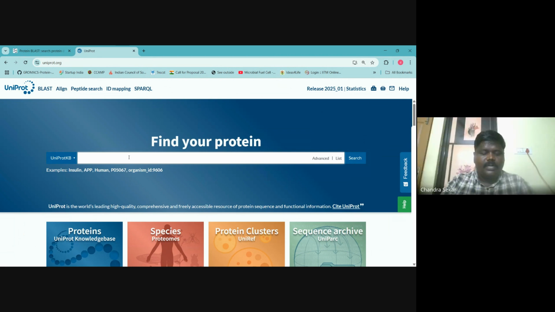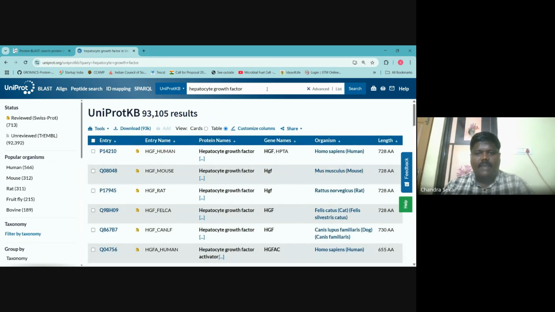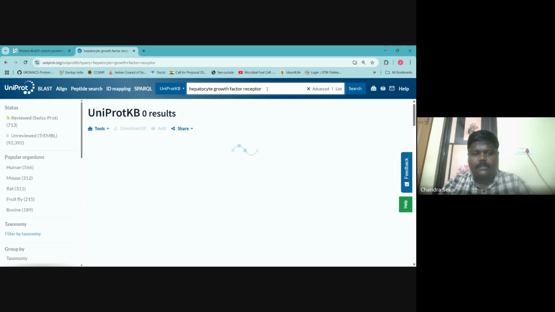So let us give the name as hepatocyte growth factor. I'm okay with the name. Is that fine? See, it is CMET. Okay, hepatocyte growth factor is a receptor. Hepatocyte growth factor receptor. Correct.